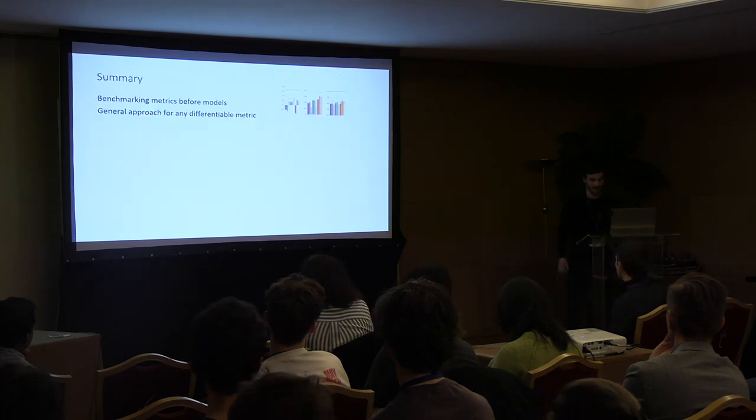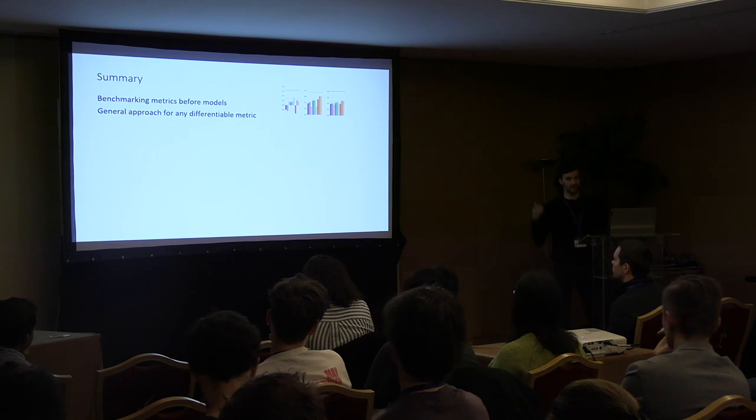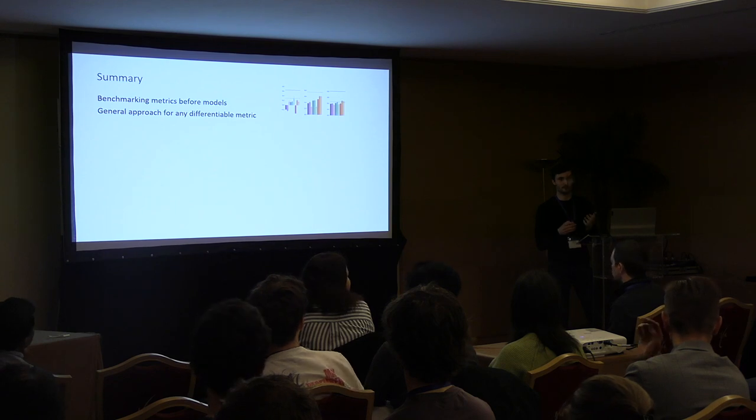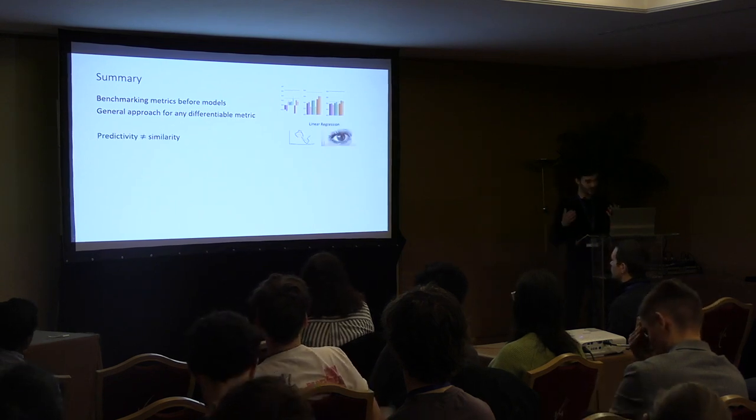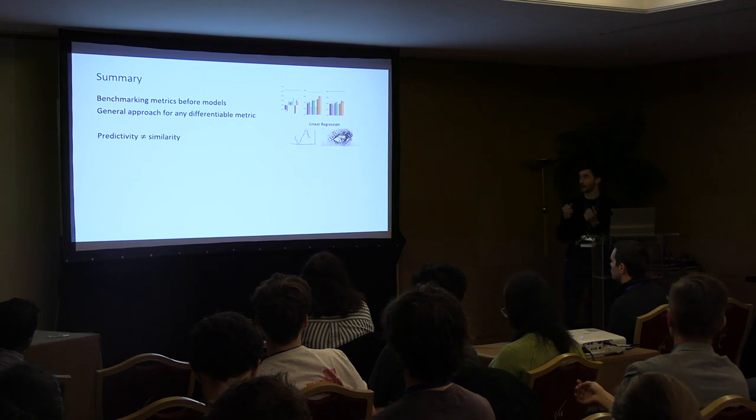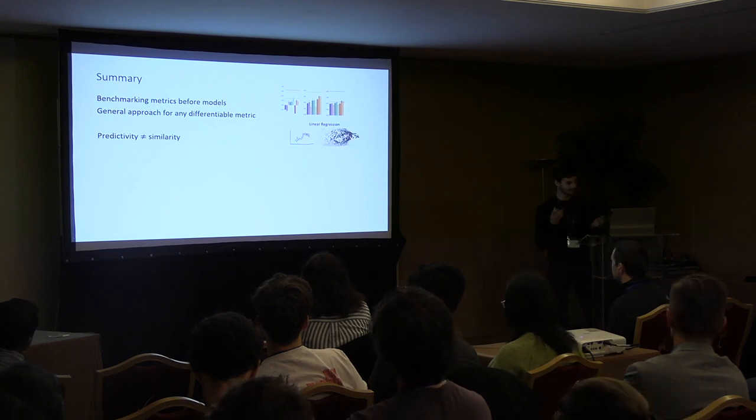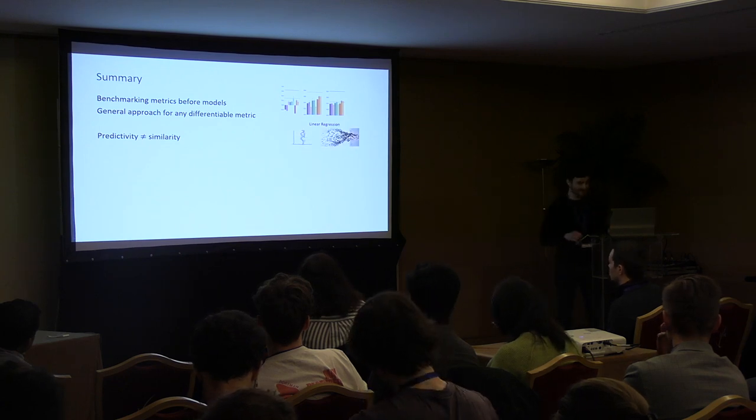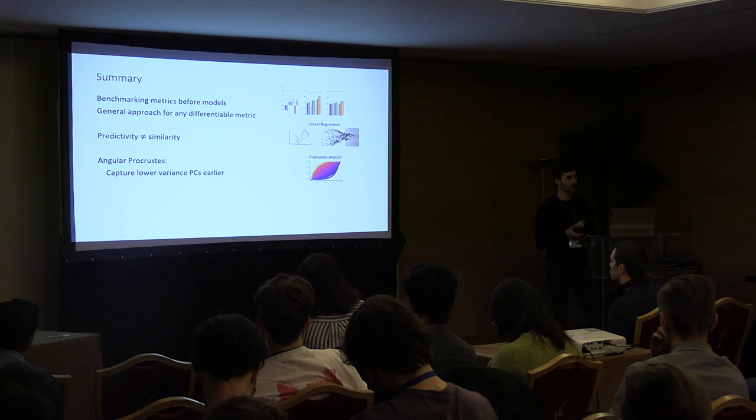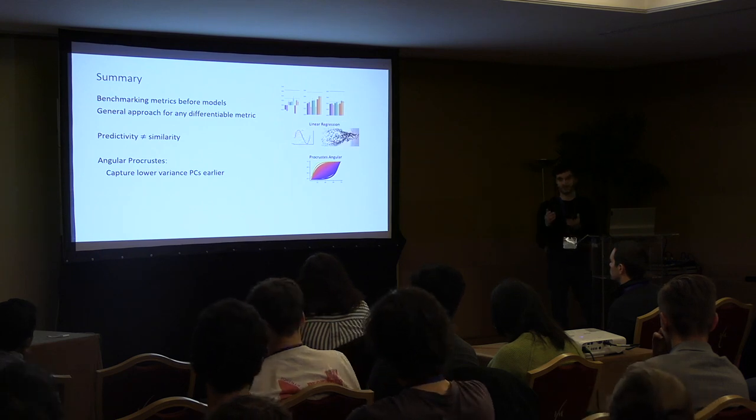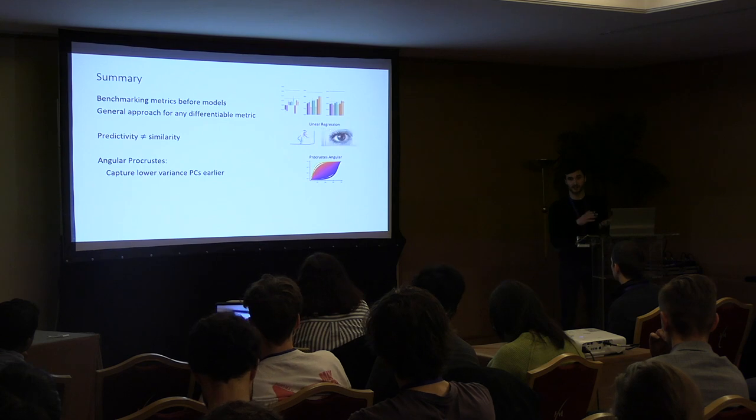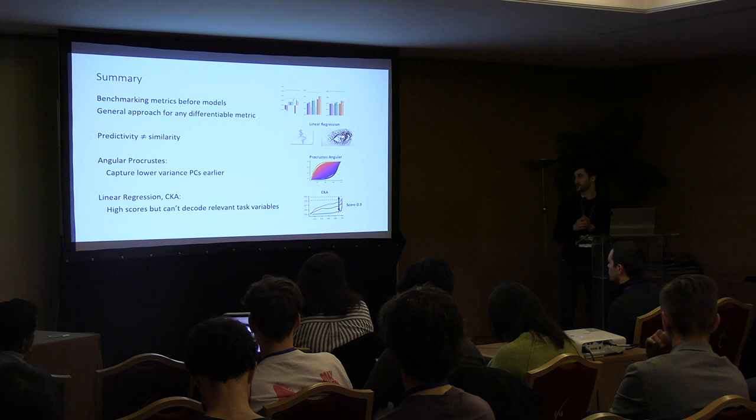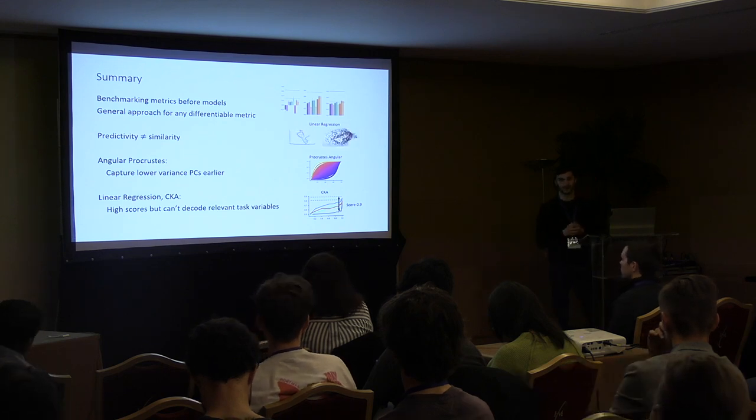All right, so what I've shown you is our first attempt to apply metrics to models with data, and we found that maybe we should benchmark metrics before we can benchmark models. And we have presented you a general approach for benchmarking these metrics. Predictivity is dependent on similarity, as illustrated here. We also found that the Procrustes angular metric seems to capture the lower variance PCs sooner than other metrics like linear regression and CKA. And for linear regression and CKA, we can find really high scores without encoding the relevant task variables. And with that,